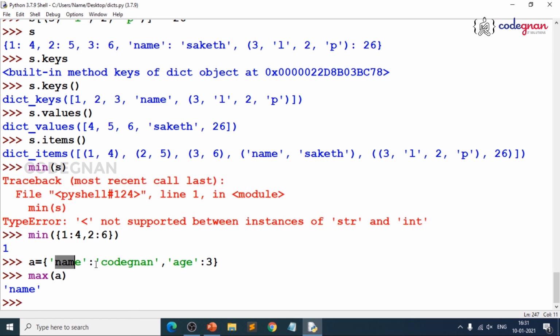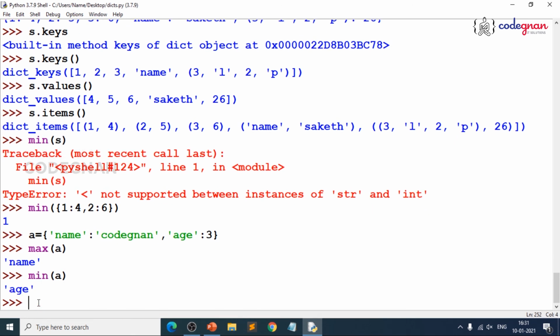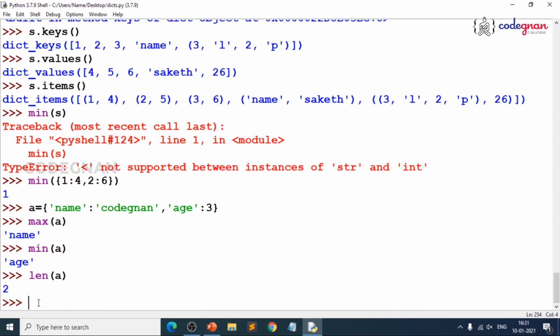If you pass a mix of them, you will get an error. But your value is a number, while your keys are strings, so you don't get an error. Max of a, in alphabetical order, n comes last. And what is min of a? You get age. And what is the length of a? You get 2. And anyway, type is similar.